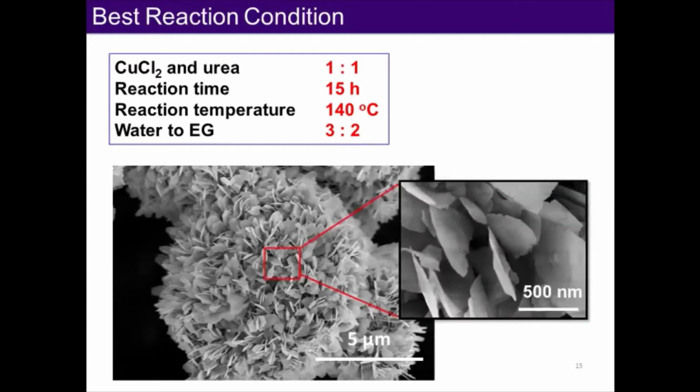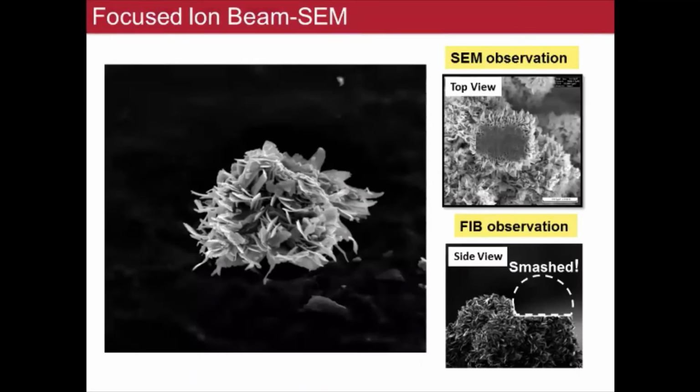Now it is our duty to analyze the flower-like morphology. For the nanoparticles, we will have to individually pick out the petals and try to analyze. Only then can you think of going in for studies related to catalytic studies. So for this, we have done focused ion beam study to pick out a single petal and try to analyze using transmission electron microscopy and later the diffraction studies. So using FIB, focused ion beam, we smash this particular flower-like morphology, pick out a single